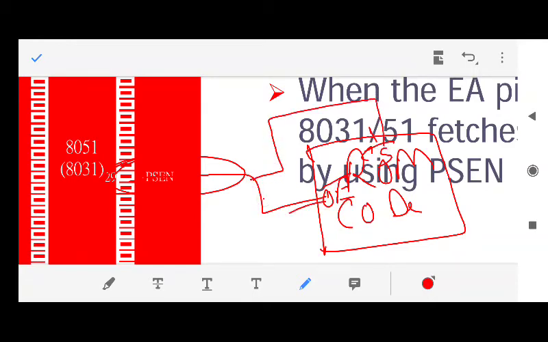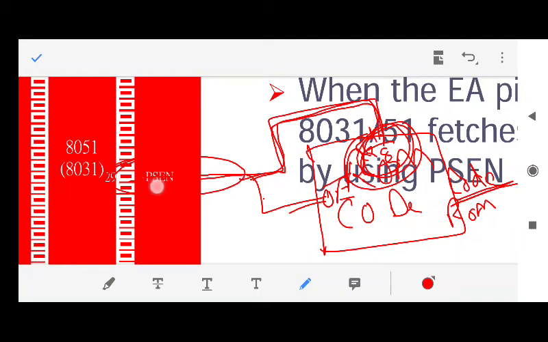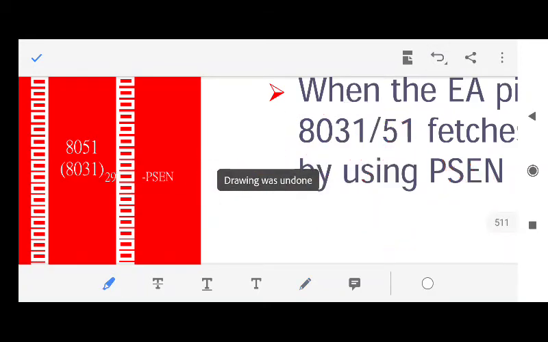What we have learned till now, the chip selection should be connected to the remaining address lines, but in case of ROM, what ROM? Code ROM, the type of ROM where code is stored. The chip select should be connected to program store enable, and for other memories like RAM and data ROM, you can connect the chip select lines to the remaining address lines. Fine, which we have already studied. But in case of code ROM, the chip select signal should be connected to the program store enable, PSEN signal, and also the output enable pin would be connected to the program store enable. Let's see, we have examples also.